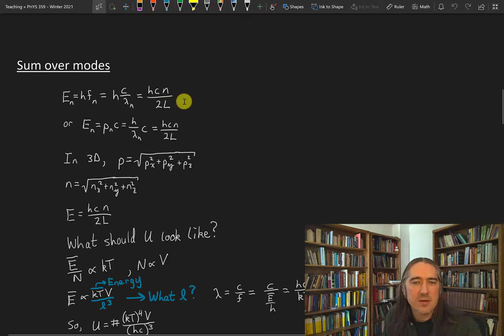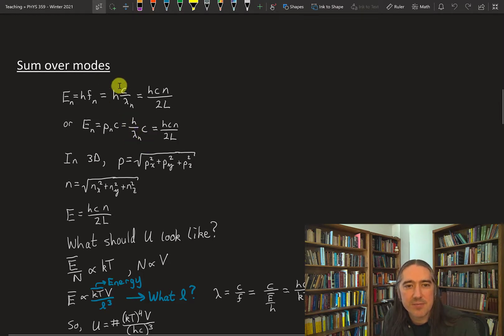And this is similar to the 1D particle in a box, except that this is linear in n rather than quadratic in n. And of course, there's no mass in the bottom like there was for the particle in the box because we have a massless particle. Okay, so this is our energy. Another way to think about this is that the energy for a massless particle is just the momentum times the speed of light. Momentum, we know from de Broglie's relation, is Planck's constant over lambda, over the wavelength, and so energy is hc over lambda.